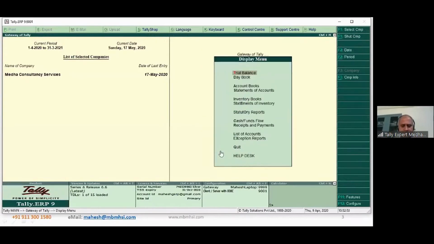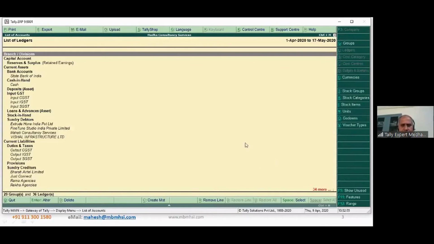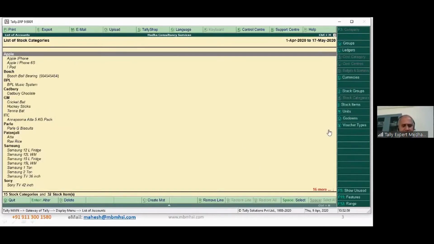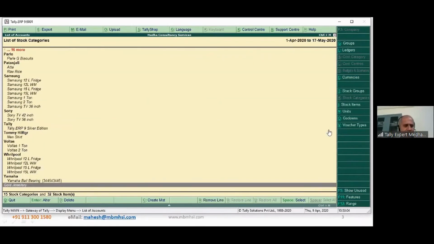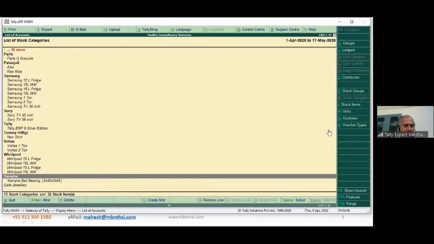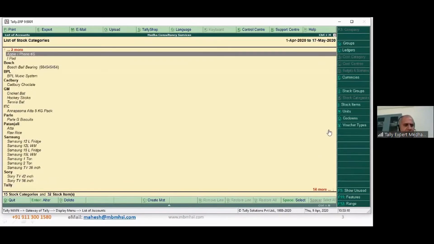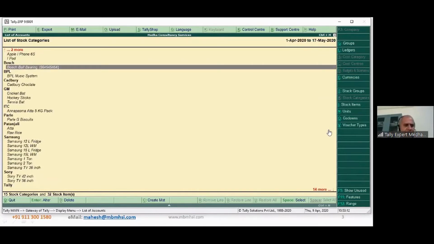Go to display, list of accounts, click on category. This is the chart. So now we have created new thing called Yamaha. So that is also listing out. We have created Bosch. That is also listing out.